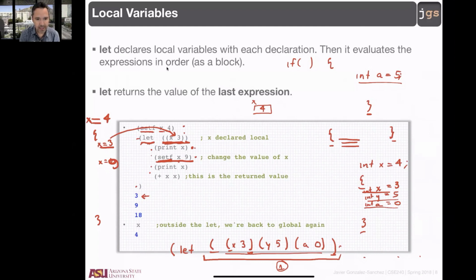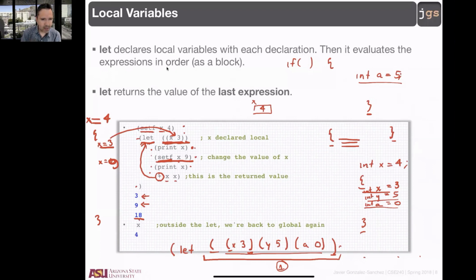As I mentioned before, the x is local because I am inside of let. And then I am going to print the x. I am going to print the 9. And then I am going to do x plus x, 9 plus 9. And this plus is the last line in the let. Let, in the same way that progn, is going to return the result of the last line. And let is going to return that value. The plus was never printed. The plus was returning to let. Let prints the result,